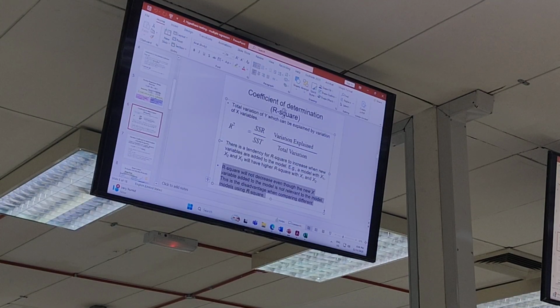So if you want to know whether inclusion of a new variable is good or not,